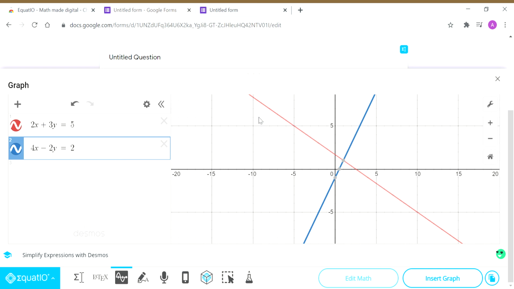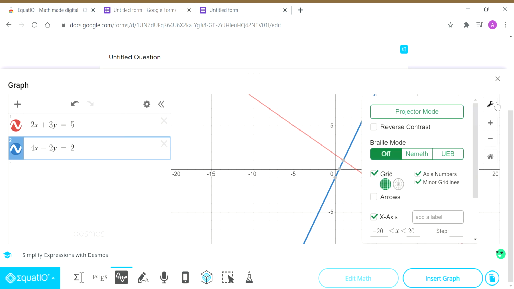Now see here, as you can see, I have taken two lines. If I ask a question like what is the point of intersection, here you can see 1 comma 1. But if you ask such a question to students, first change the settings and use the arrows so that it will be convenient for the students also.